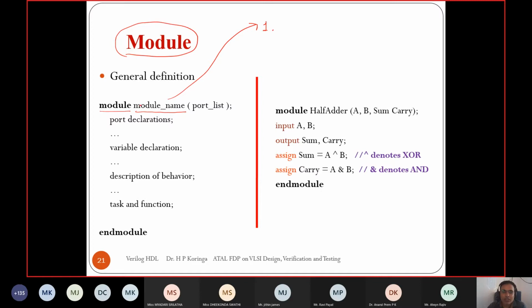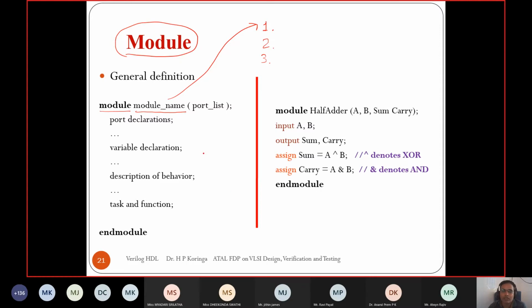Secondly, the module name should not start with any number. It must start with an alphabet. Third, the module name must be a single word. If you have two words, you can combine them through an underscore, but it must be a single word.